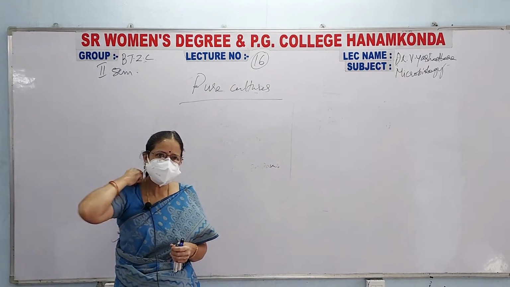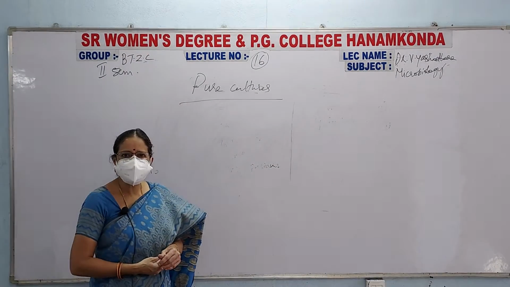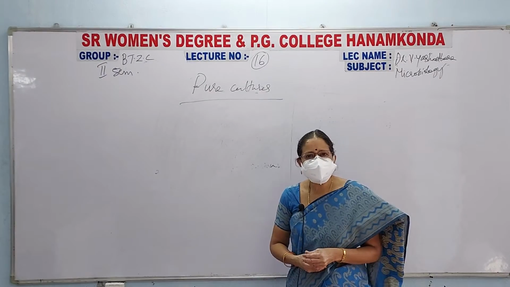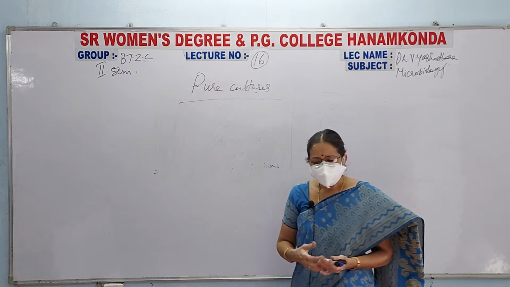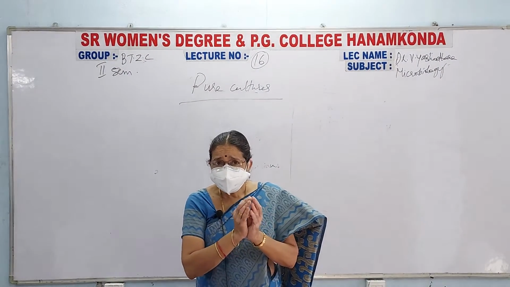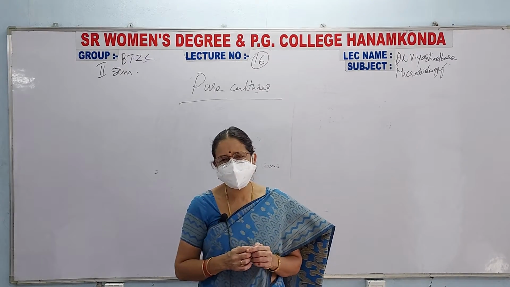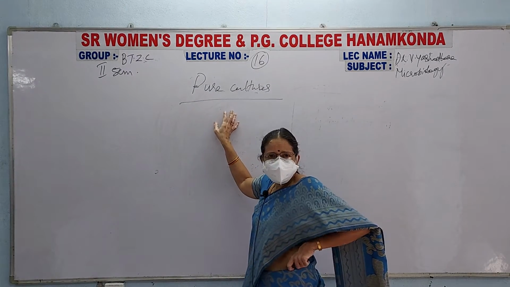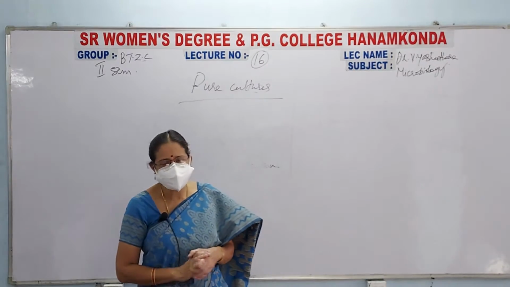Good morning, students. Today we will continue with the next topic, that is in the same topic, pure cultures. Yesterday's class we have seen what are pure cultures. Pure cultures means these are the cultures which are of only one kind of microorganisms. That means the culture consisting of only one type of microorganisms is called pure culture. How to isolate it, we have seen in the previous class,